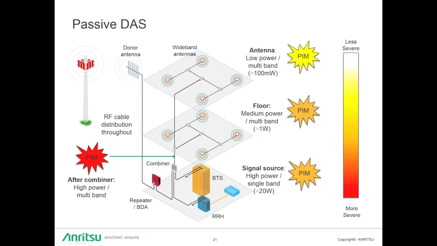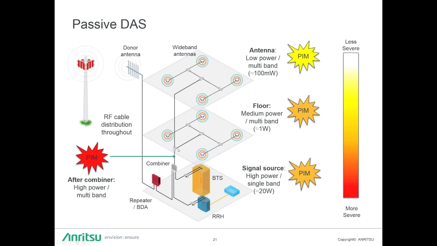Once I go past the combiner, and I've combined, in this case, the red, the blue, and the orange signal sources together, because I've increased the probability of a low-order product, the PIM severity is now red or high. I'm at the highest power I'm going to be in the system, or a very high level of power in the system, and I have multiple frequencies that are probably causing a low-order product. So beyond the first level of combination in the system is where we have the most severe concerns for PIM